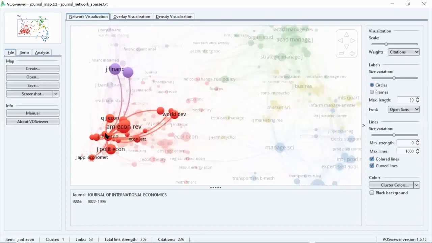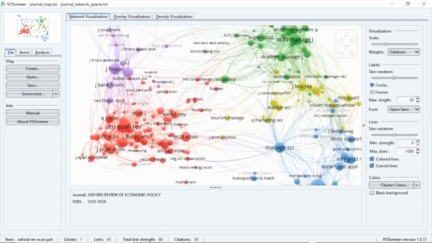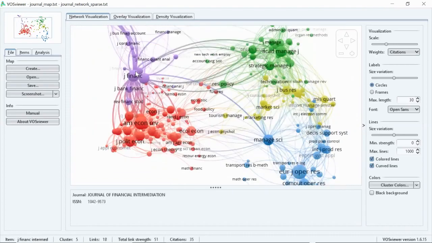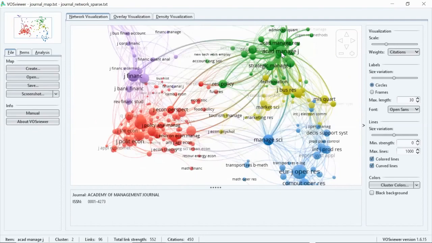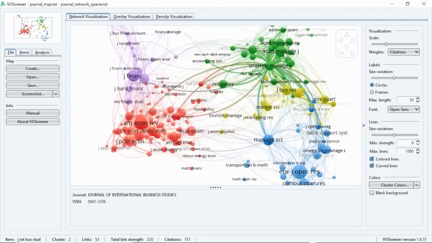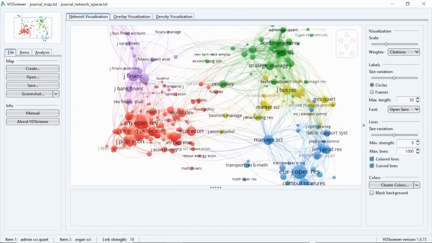So this red cluster deals with economics, review, econometrics. So we can name them as economics. And this violet cluster deals with finance, corporate finance, accounting. So we can name them as finance and accounting. And similarly, the green cluster deals with strategic management journal, management administration.